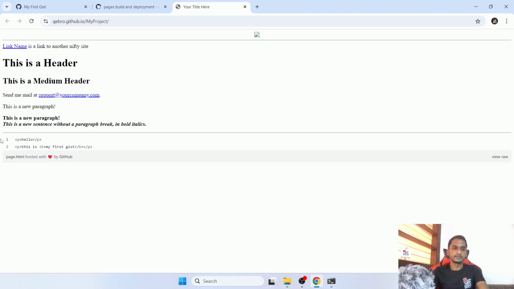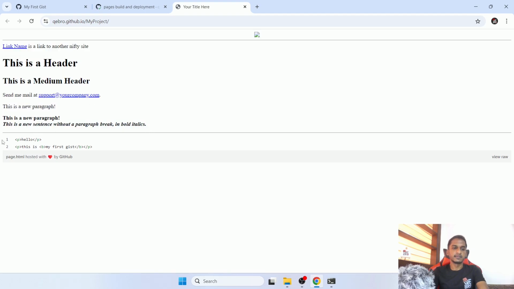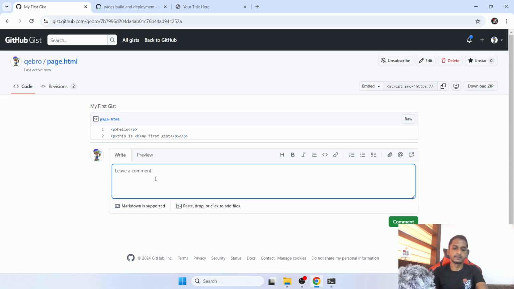Now you can see previously it was up to this line, and now you can see the code part which was embedded. So it added my changes with line numbers, and at the end it says page.html hosted with love by GitHub. So this is how you can embed a GitHub gist in your HTML pages. Okay. So I hope all things are clear up to now, and as usual you can